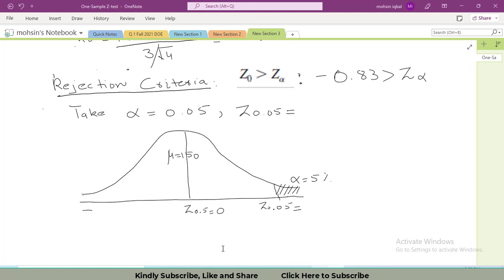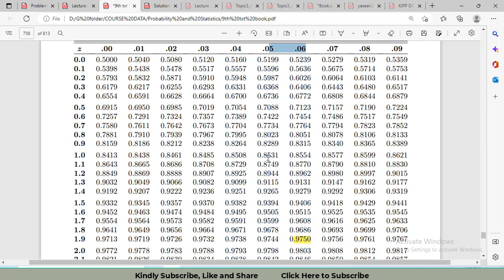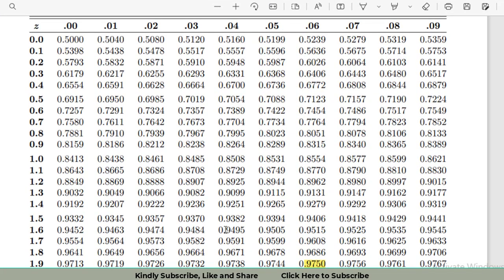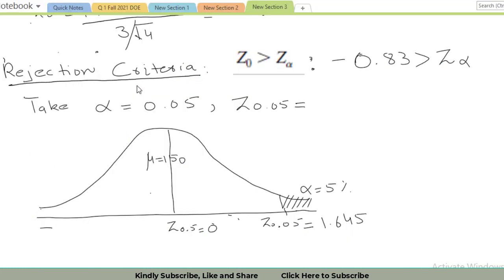And now we will have to check this 0.95 in the z distribution tables. We see that in the row 1.6 we got 0.9495 at 0.04. So at 1.64 we have 0.9495, and at 1.65 we have 0.9505. In between these two we got 0.95, so 1.645. Now our value lies on the left hand side of this cutoff region,